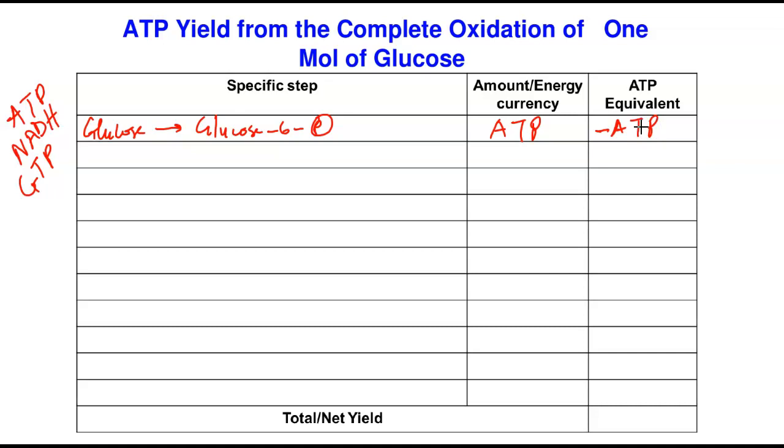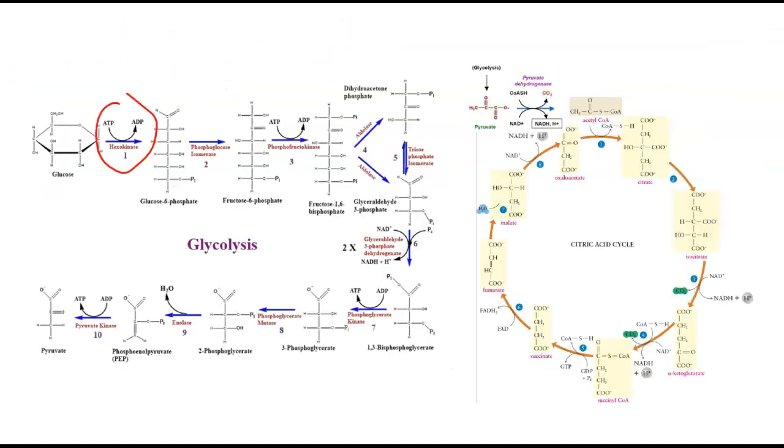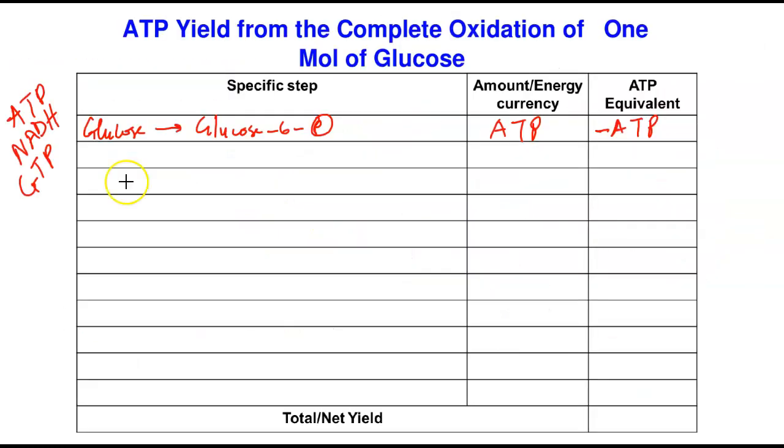We now go again to the pathway. If you go back to the pathway again, nothing happens here. No NADH or ATP is produced. In step 3, another ATP was used, where fructose 6-phosphate was converted to fructose 1,6-bisphosphate. We go back. Our fructose 6-phosphate, I'm going to say F6P, was converted to fructose 1,6-bisphosphate. Look at my bisphosphate. Please listen carefully to know this.